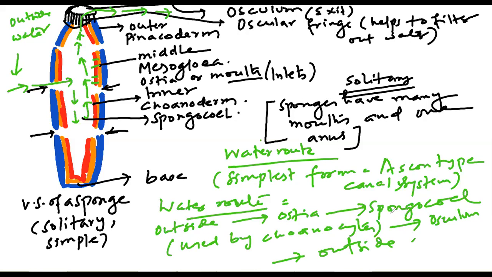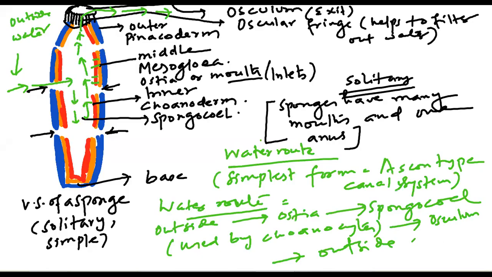So here we are just seeing a simple structure. In the next diagram, we will make the detailed view of only one part. Okay. So now I will show you a magnified view of only this part in the next diagram. Okay. So we will maintain the colors. So now you will see